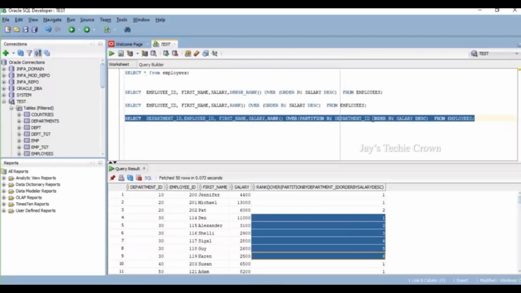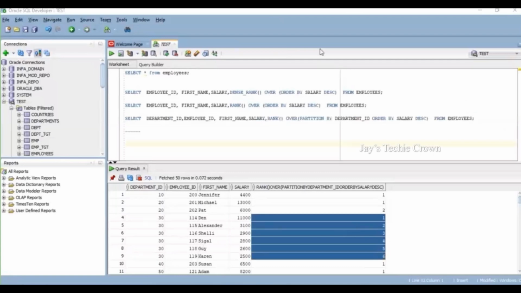Whenever they say the highest or lowest or within a group, the first thing that should come to our mind is the rank function, and based on the requirement you can go ahead with using rank or dense rank. Hope this gives you a clear idea about how the rank function works and how dense rank works. Come, let's move on to the second part.